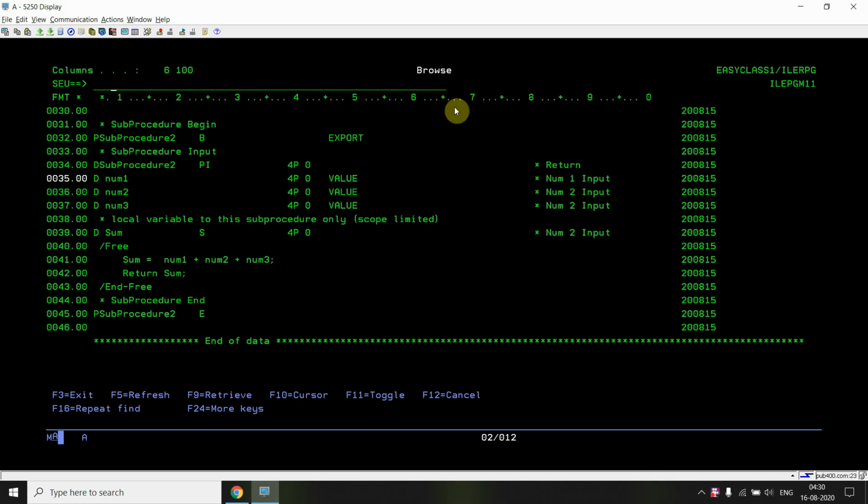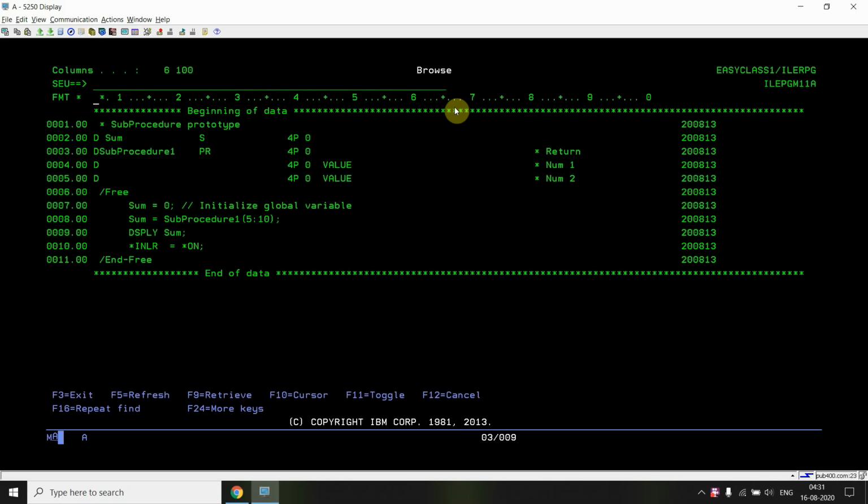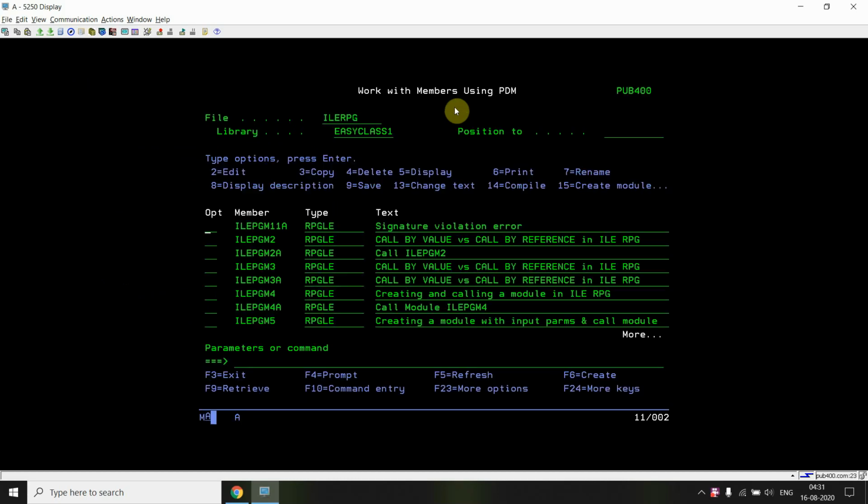Now in ILE PGM 11A you can see we are only calling sub procedure 1, and we define the prototype for that.